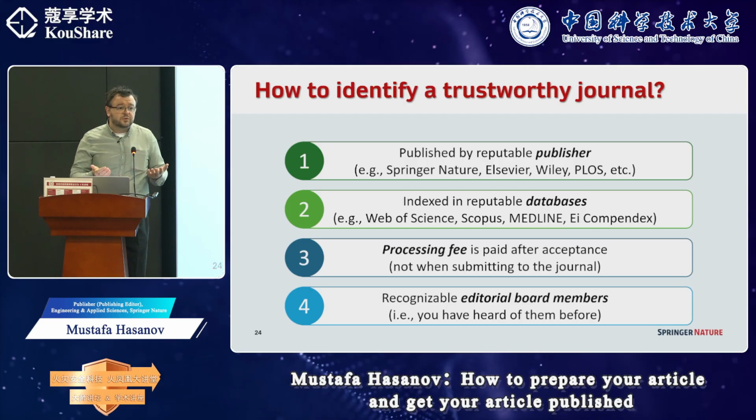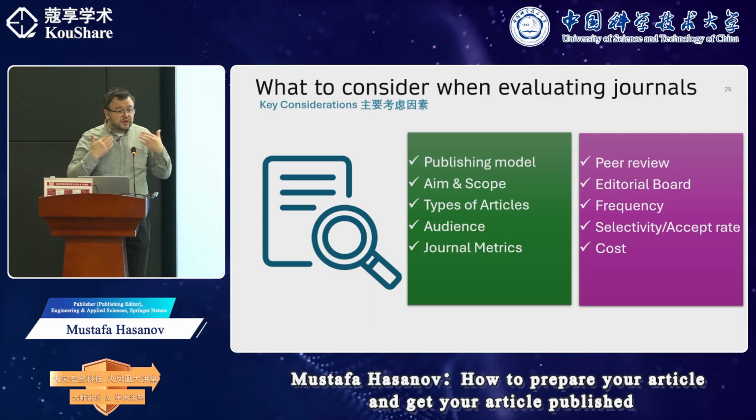Do you cite these people? Do you know these people? If you go to conferences and you see them presenting, then it's likely that it's actually an active journal. There are a lot of things to consider. I talked about them already. Something that I didn't talk about is the publishing model, whether it's a hybrid journal or an open access journal,